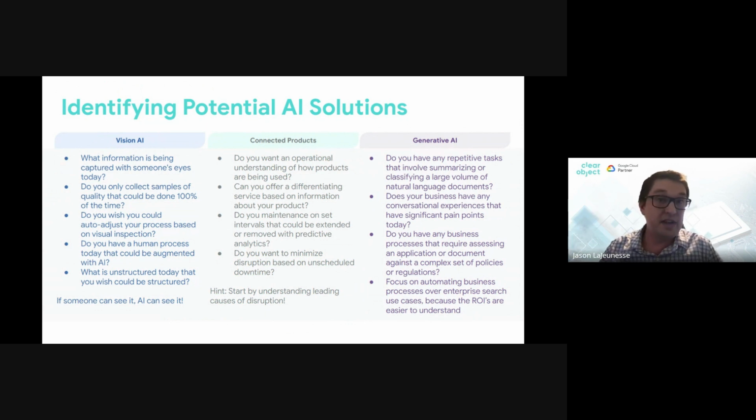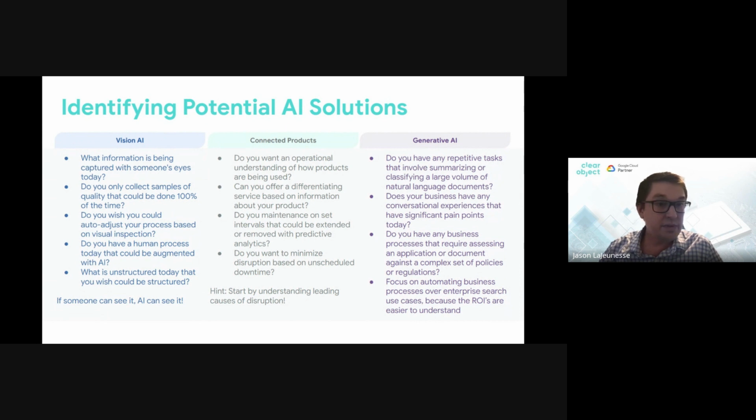Part of that being because there are actually ROIs in those spaces. A lot of folks want to start with enterprise search, and some companies do have good use cases there. It's not saying you shouldn't start there at all, but we have found those ROIs tend to be a bit more nebulous and can be a little bit harder to move forward. So that is my hint as you think about where to start.